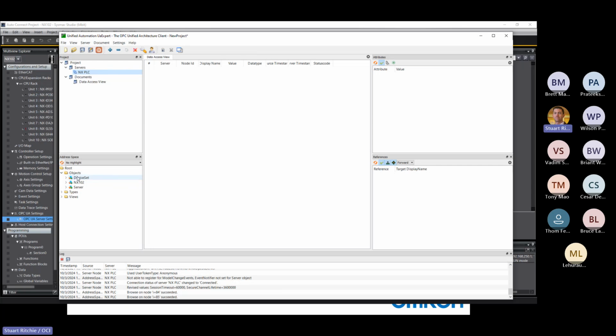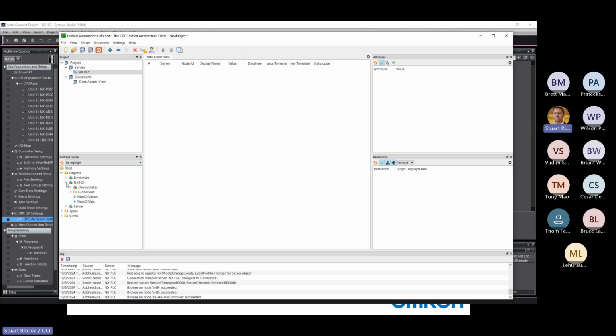And now one thing we can do with OPC UA that is very convenient for a SCADA type application is we can just tell the OPC UA server to send us a list of the tags that you have available. Some of you may have worked on HMIs or SCADA systems where you had to export a database from a PLC, modify it in Excel to be in the right format, and then import it into your SCADA software, and then create all the variables for it. Well, with OPC UA, we can actually just drill down to the